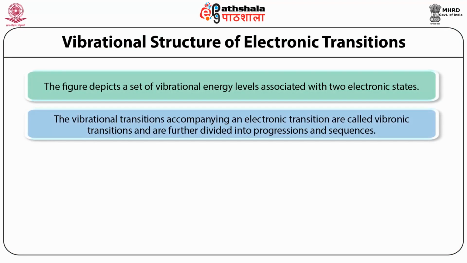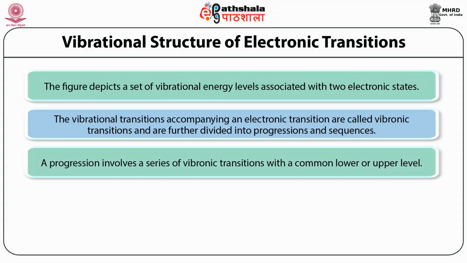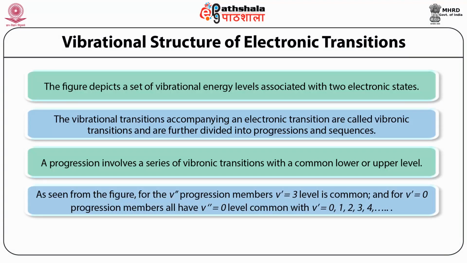The vibrational transitions accompanying an electronic transition are called vibronic transitions and are further divided into progressions and sequences. A progression involves a series of vibronic transitions with a common lower or upper level. As is seen in the figure, for the ν'' progression members, ν' = 3 level is common, and for ν' = 0 progression members, all have ν'' = 0 level common,